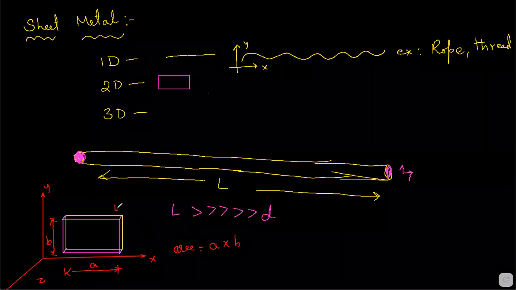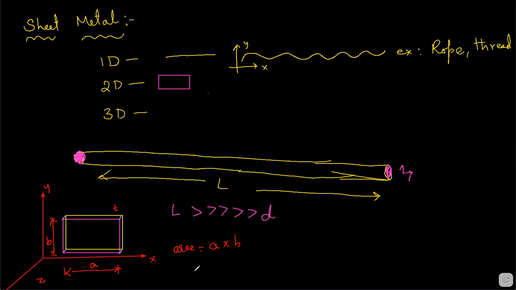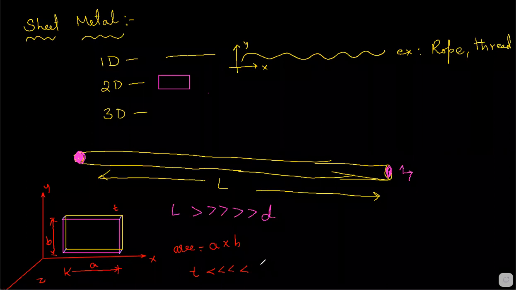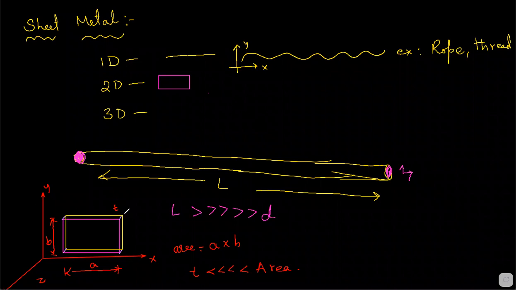And this is the thickness. Thickness is very small compared to the area. So thickness T is very small, or the area is very large compared to the thickness. If these two dimensions are greater than the third dimension, you call it a 2D surface. It doesn't mean that it does not have any thickness. It will have thickness, but the thickness will be comparatively very small compared to the other two